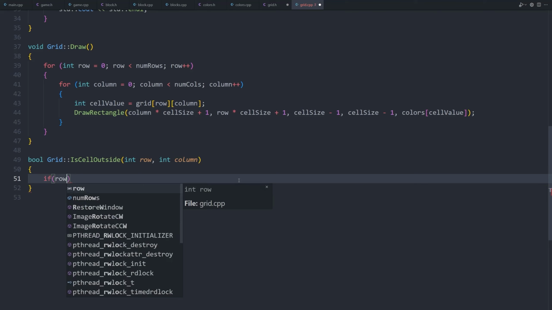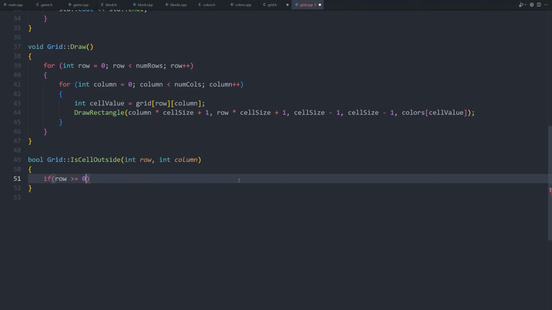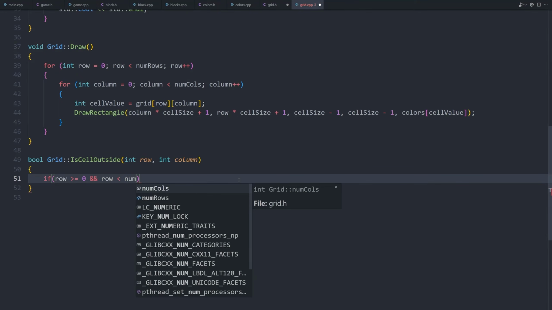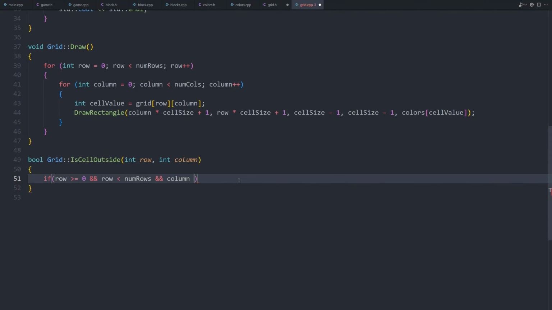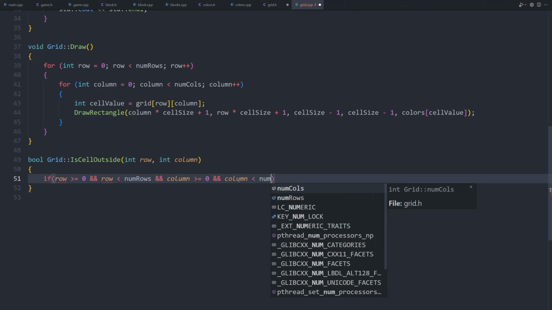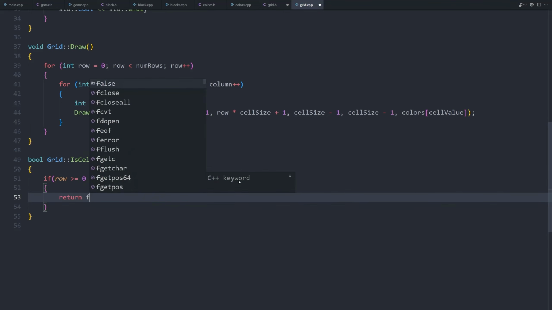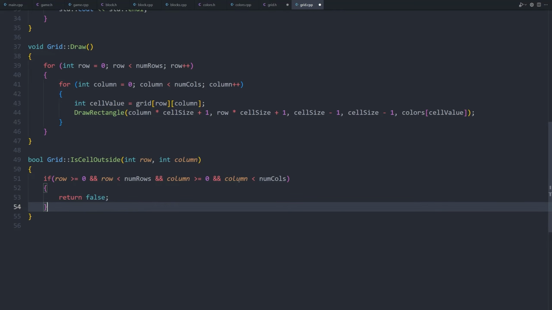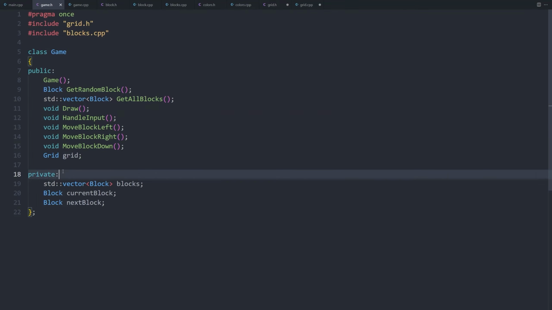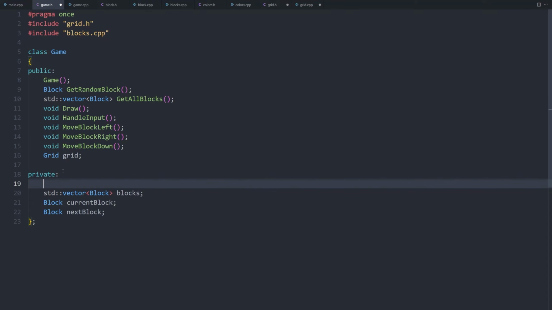If row is greater than or equal to 0 and row is less than numRows, and column is greater than or equal to 0 and column is less than numCols, curly brackets, return false. If the position, row and column, is inside the grid, we return false, else we return true. Return true. Now let's go to the Game class in the game.h file and add a new private method that